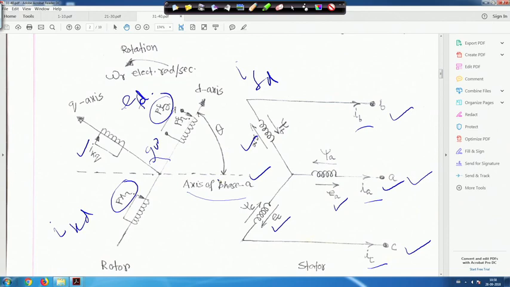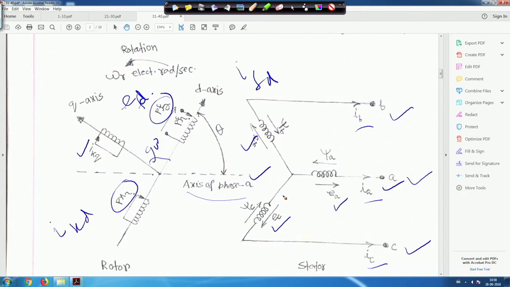So this is the schematic diagram of the synchronous machine, right? And this is the flux linkage psi A, psi B, and psi C in this direction, and this is EA, EB, and EC, right? So this is the schematic diagram, and from this only we will write the equations,